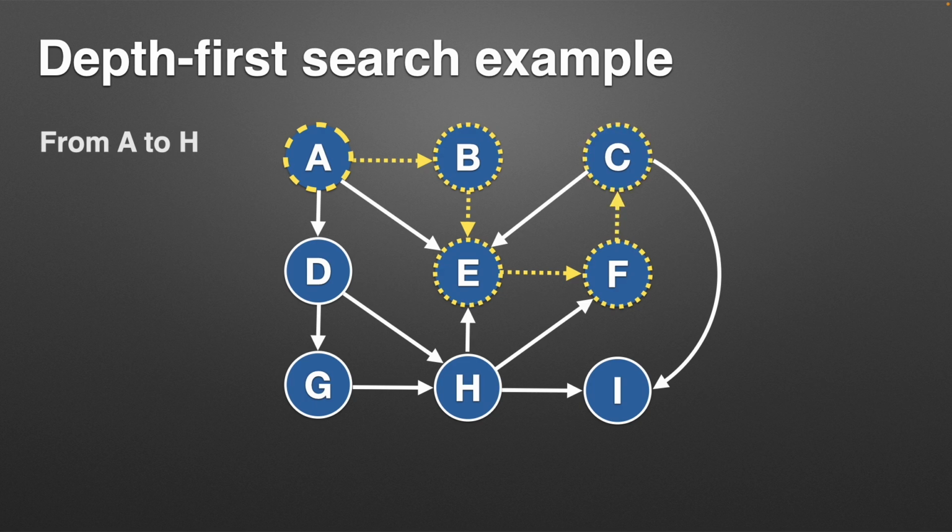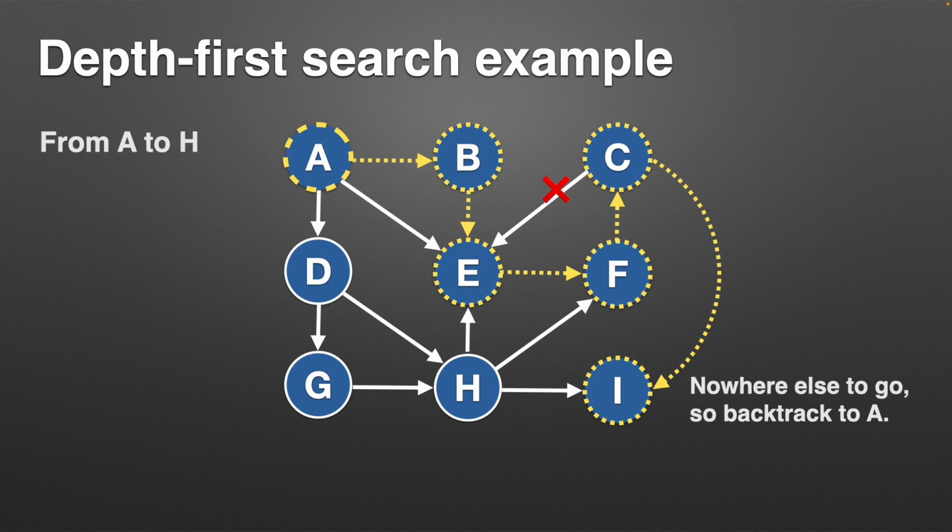Go to C. And now we see that C has two neighbors, right? It's got E, and it's got I down here. Now E, we've already been to on our way here, so it's in our list of visited places. So as soon as we see that, we're not going there, because we've already been there. If we were to go there, you could see what could happen, right? We could just keep going around and around. So that eliminates E from places that we need to go. So now the only place we have that's a neighbor of C is I.